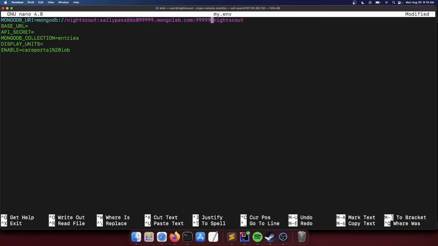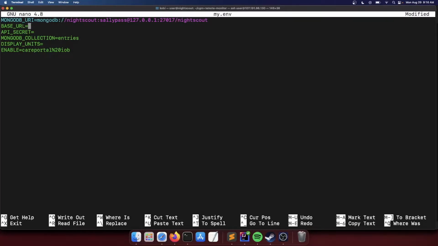Okay, so the port is going to be 27017, and we'll replace this entire string with 127.0.0.1, meaning the localhost/nightscout. Now again, if you made the database name something different, you're gonna replace this.